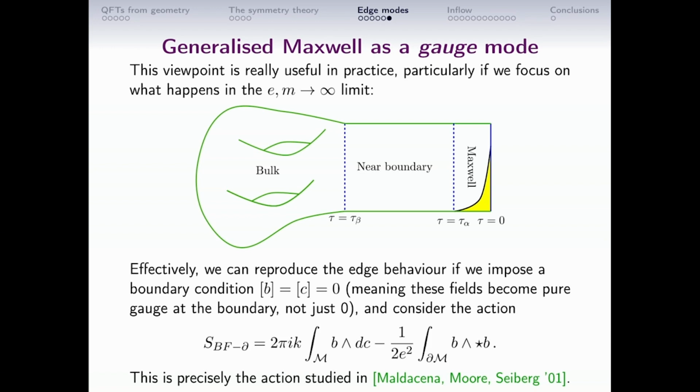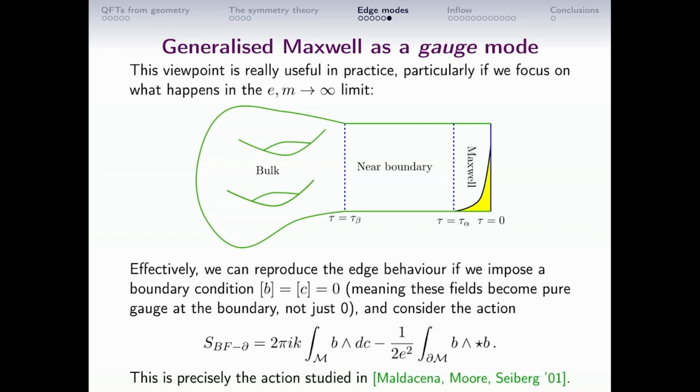the gauge parameters that determine these gauge transformations are controlled by the Maxwell equations. So an observer that's trying to model this system could just write a Lagrangian for the gauge parameters on the boundary, which is Maxwell's Lagrangian. Okay. So this was precisely the coupling that was introduced in Maldacena, Moore, and Seiberg to understand the singleton mode